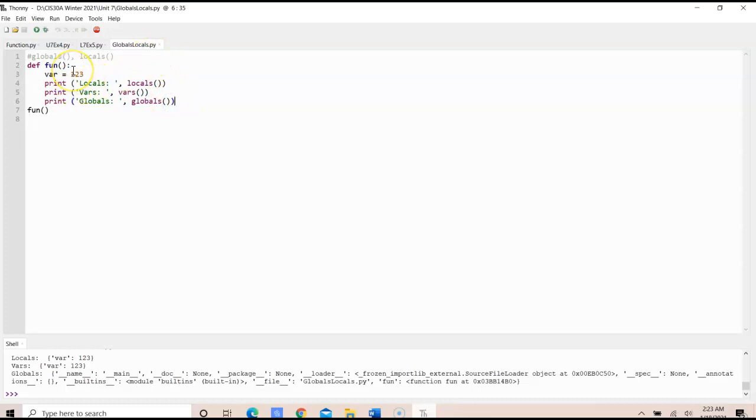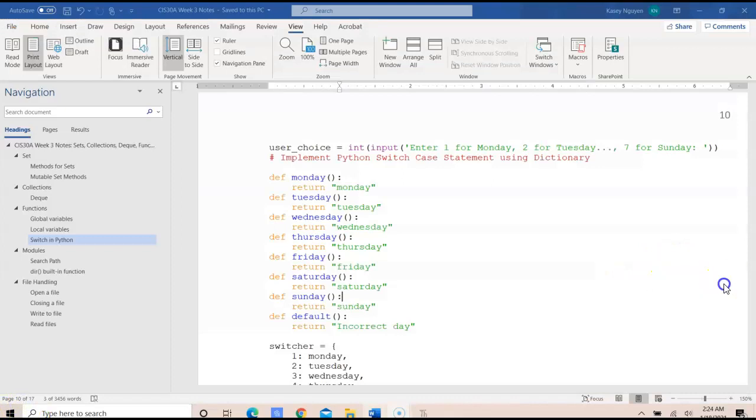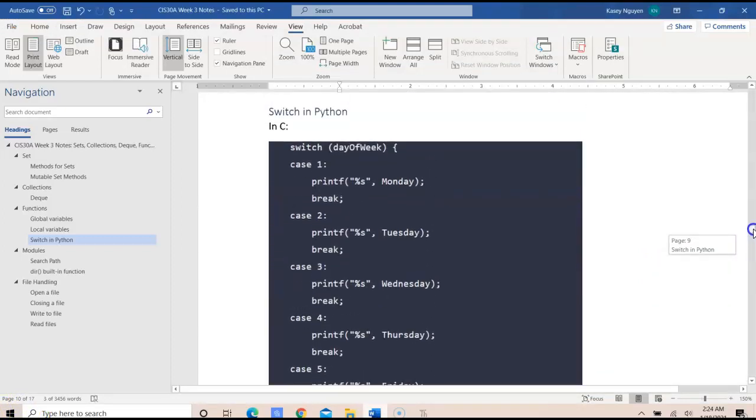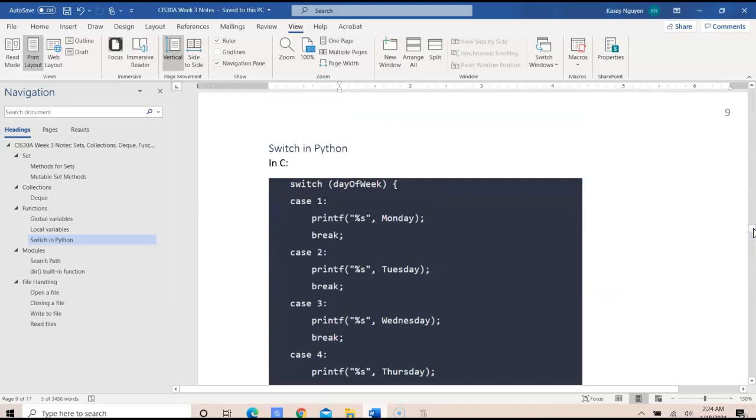to identify what are your variables, which ones are locals, which ones are globals. So in the case where you have a very lengthy program, you would be able to identify them using these built-in methods. And in the last part of this video, I also want to touch on how to write